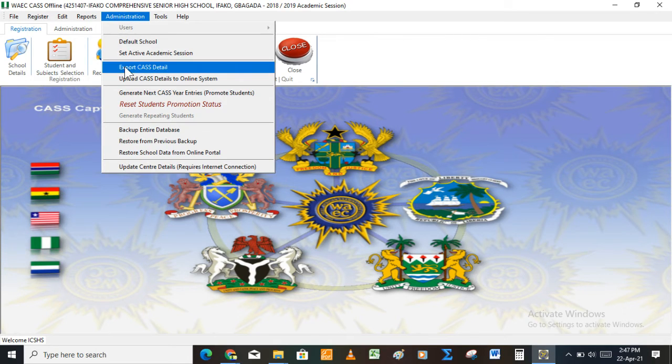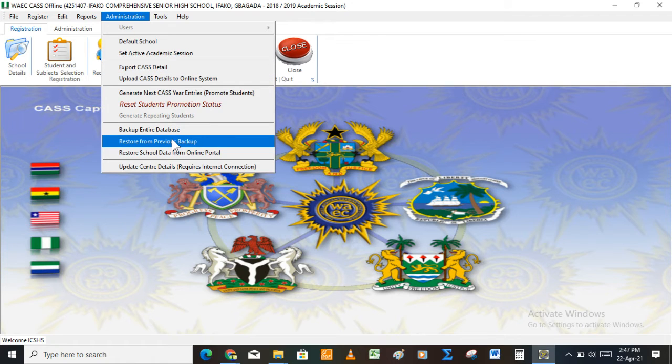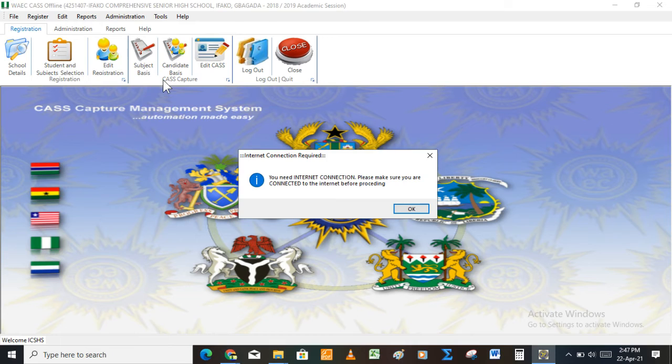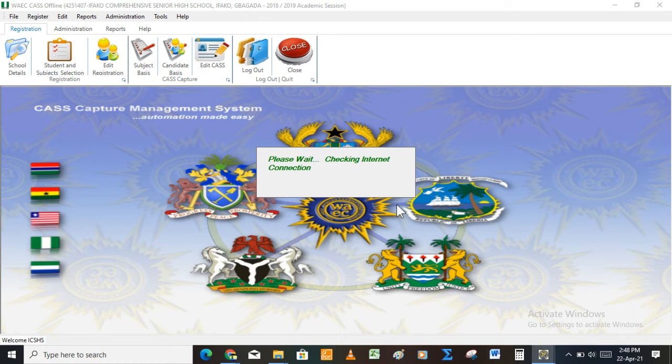Go to administration, then you can see upload class detail online. If you click on that, it tells you that you need to connect to the internet. If your system is connected, please click okay. It will check if your system is truly connected to the internet. Once it has validated that, it's going to give us a dialog box whereby we can fill in all